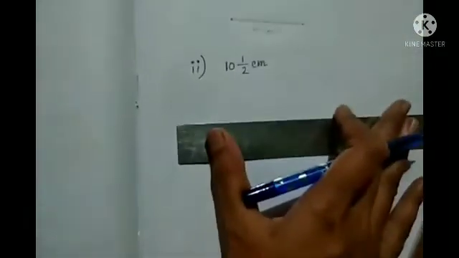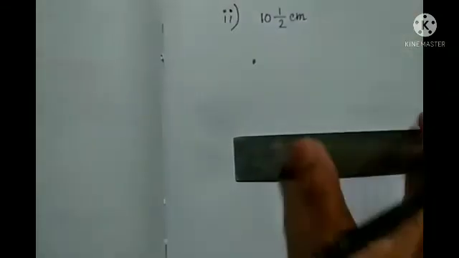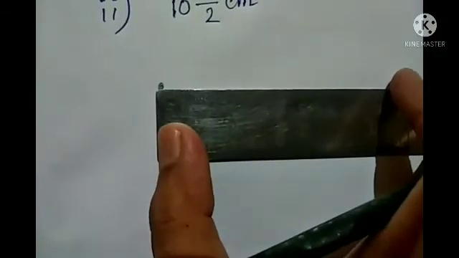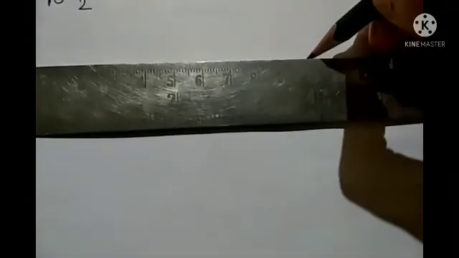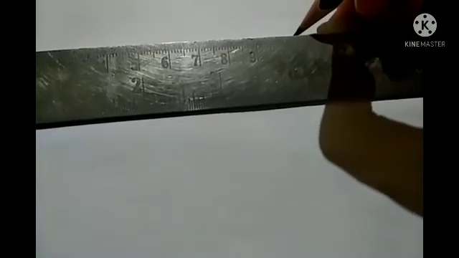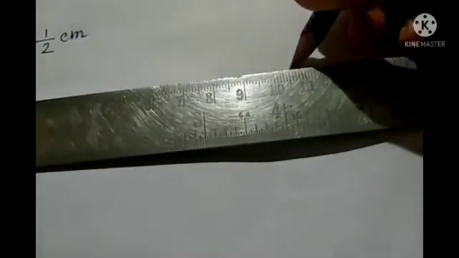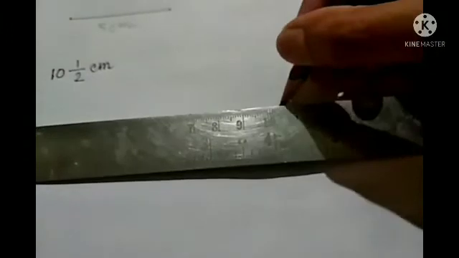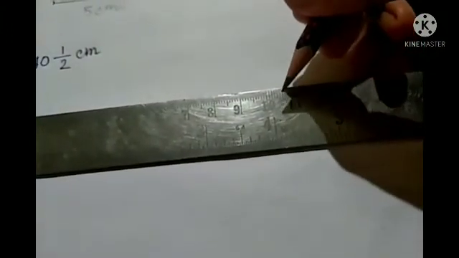Now again we'll follow the same process. First of all, let me give one point over here. Now I'll put the 0 point here, and then I'll see where is 10. So you can see where is 10. So 10 is somewhere here, and 10.5 it is said. So again we have to count 5 lines here. So the point will be here. Yes, you can see. Due to some light problem, I think it's not that much visible, but I think you can see this point. Okay, this one. So yeah, we get our points.